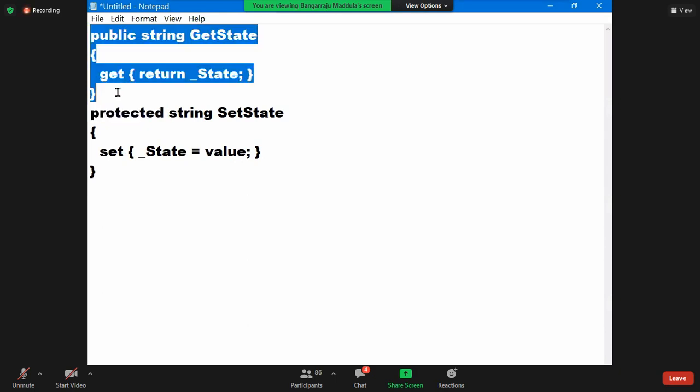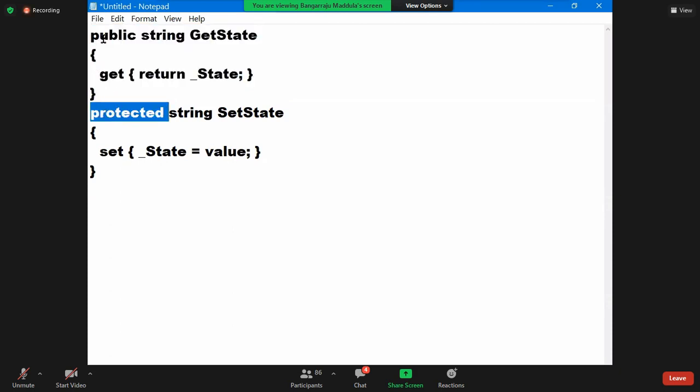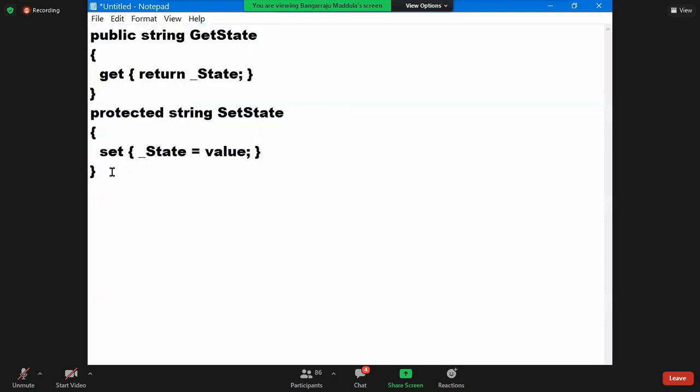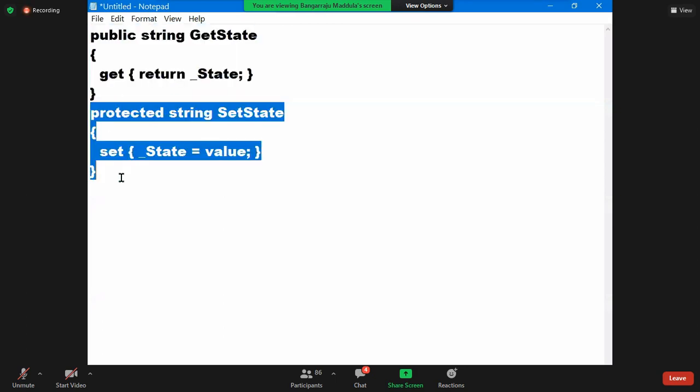So who can get the value? Anyone can get the value. Who can set the value? Only child classes. Getting can be done by anyone and setting only by child classes. Did you understand now? My requirement is exactly that.